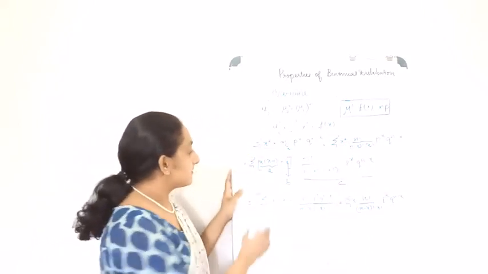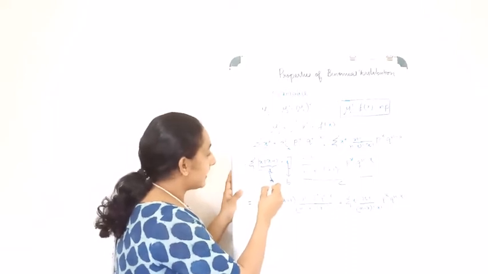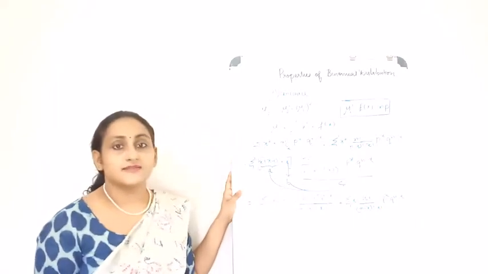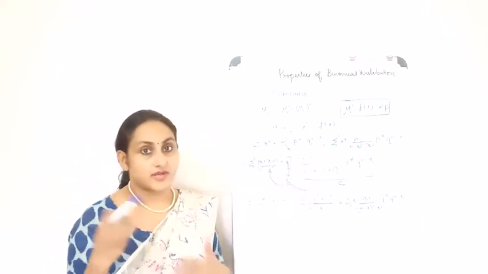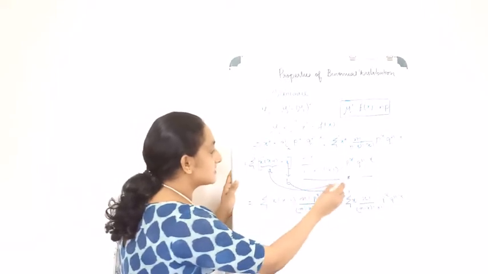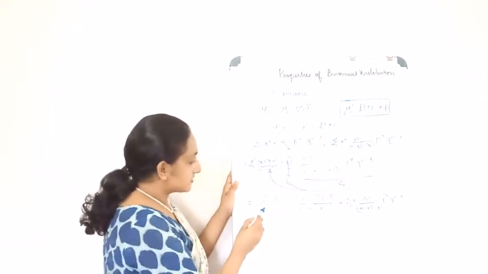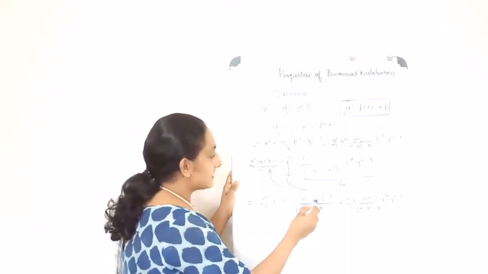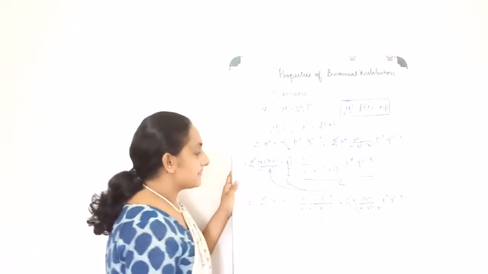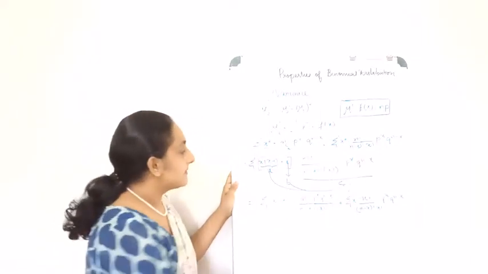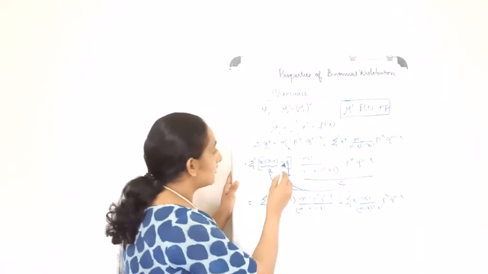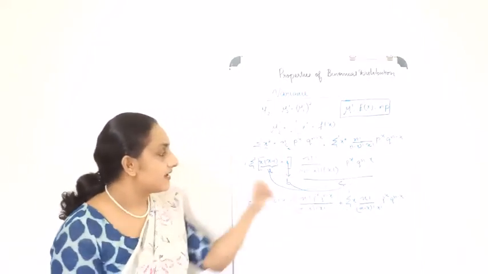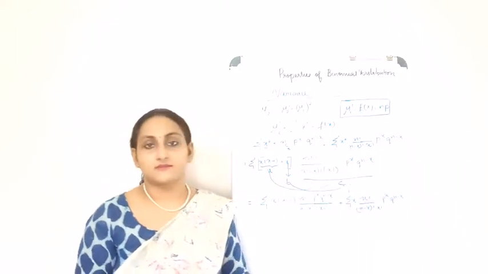Okay, so what is it? I'm going to multiply it like a into c plus b into c. So let's take a look at what I get when I multiply. When it is a into c, a multiplied by c is equal to summation x into x minus 1 n factorial p raised to x q raised to n minus x, divided by n minus x factorial, right, plus b into c. What is b? x into n factorial divided by n minus x factorial p raised to x q raised to n minus x.